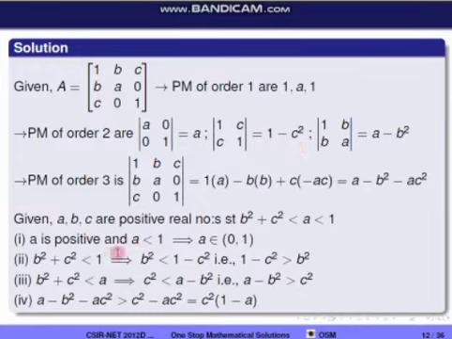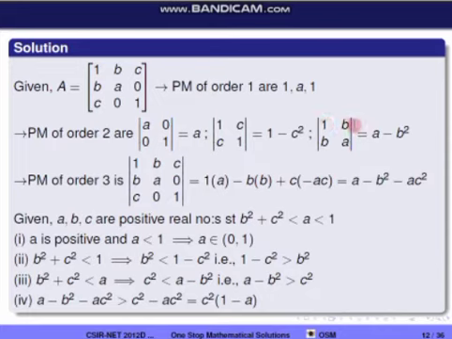So we'll get from this inequality B square plus C square less than 1. So this implies B square is less than 1 minus C square. So that is, 1 minus C square is greater than B square. And we know B square is always positive. That is, 1 minus C square is greater than a positive quantity. Therefore 1 minus C square is essentially a positive number. So the third one is, the third row and third column is eliminated and find the determinant.